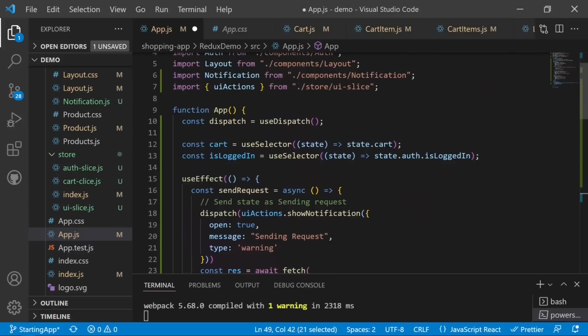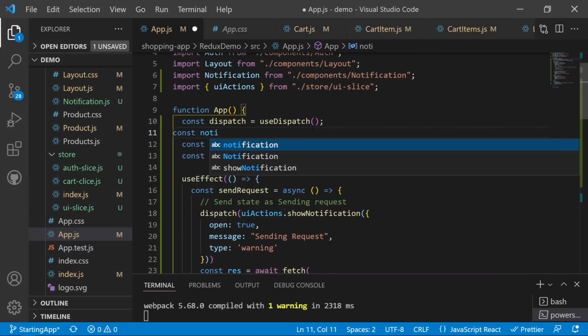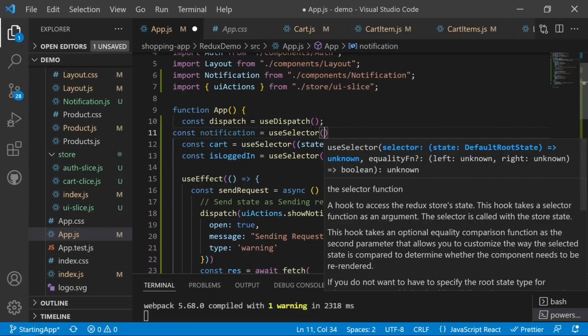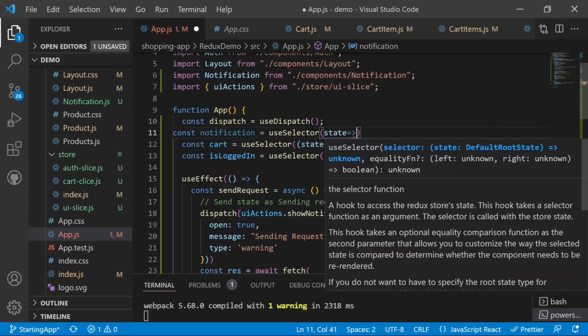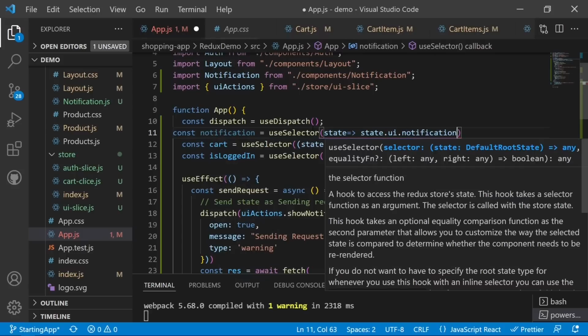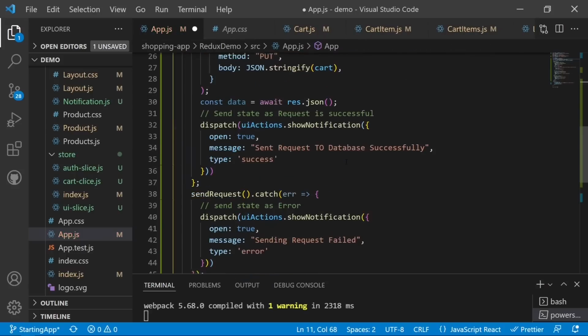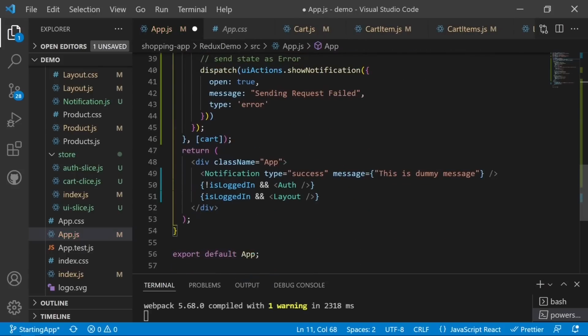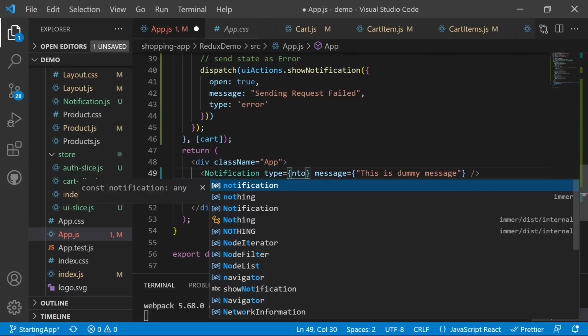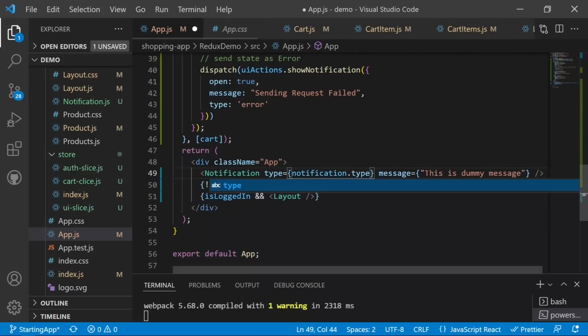So then we need to just add the useSelector hook here. So const notification will be equal to useSelector. We will get the notification from the state, state.ui.notification, and then we will send all of the data dynamically through this object. So it will have a type, which will be equal to notification.type,